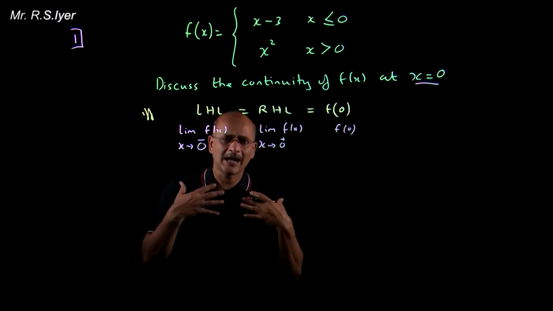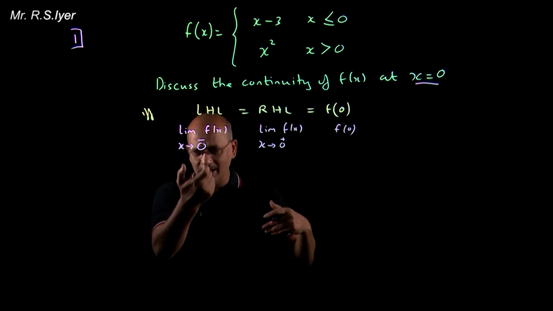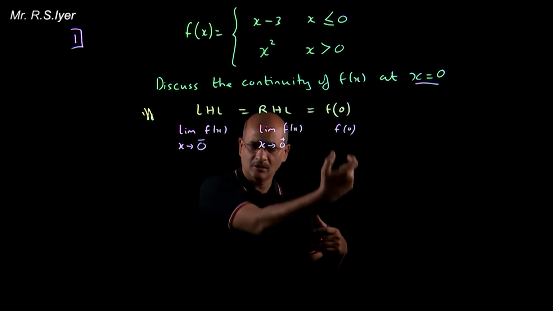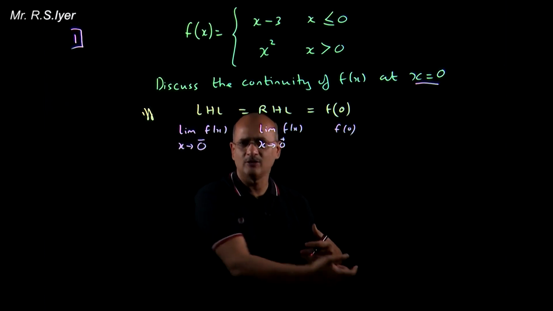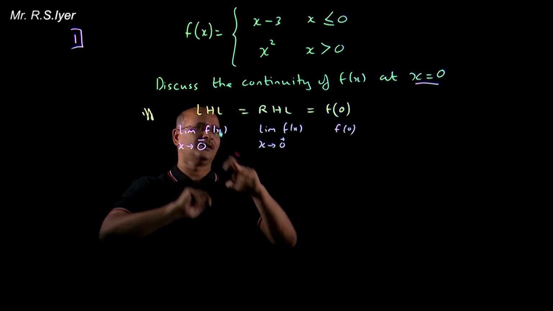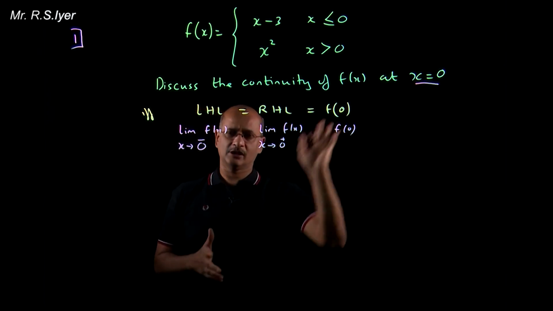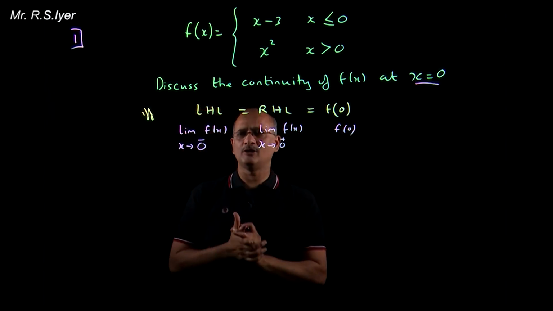So children, what I meant by saying LHL equal to RHL is that you have to find the values of these separately. Once you find the value here, here, and here, if all the values are equal, then the function is continuous at x equals 0. Once you identify that this is the formula I have to apply,